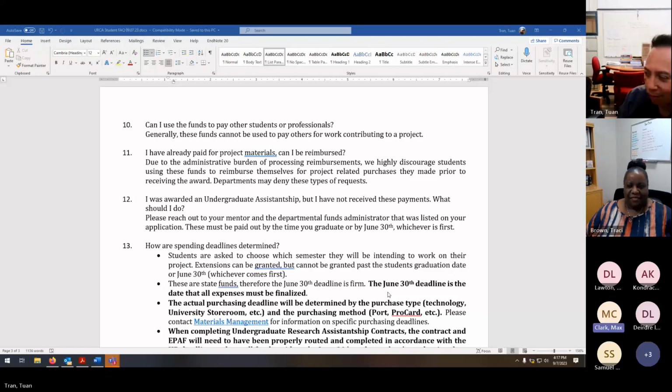Similar question kind of on that line. I had talked with my mentor about, since the research project is likely going to be ongoing, is this just the case of if after this semester my mentor wants me to come back on and do more research, is that the case of I would just fill out the application again for the ongoing research? Yes, that's correct.